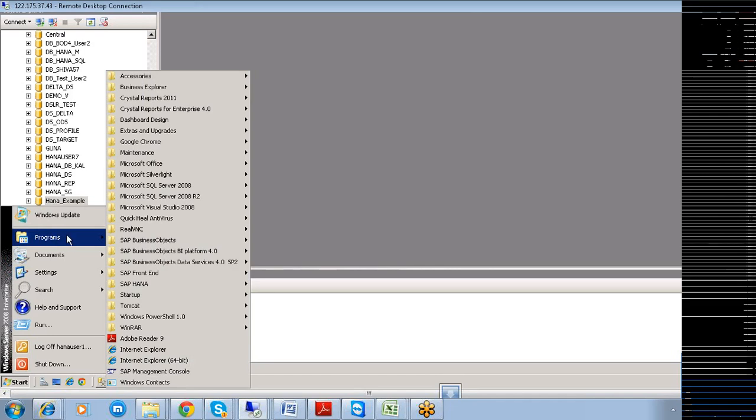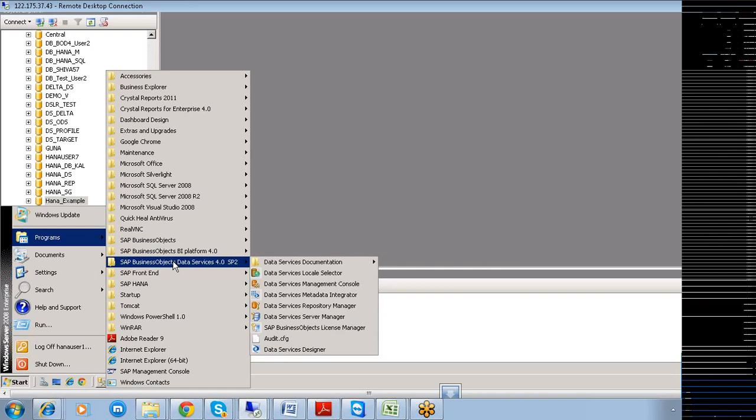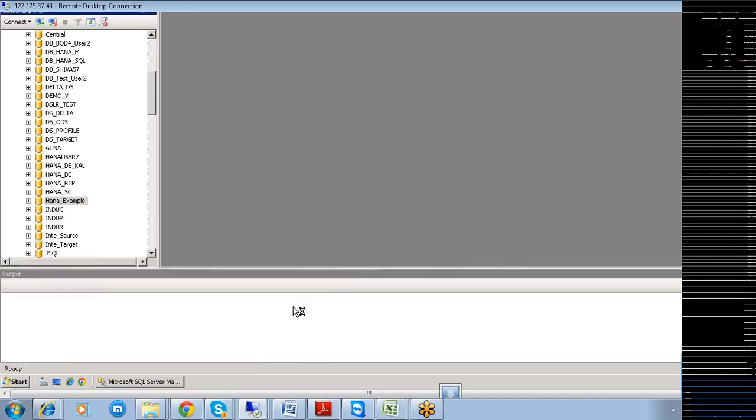Now I'm going to use SAP Business Objects Data Services 4.0 Service Pack 2, and within this, for creating the repository, I'm going to use the Repository Manager. Please open this Repository Manager.